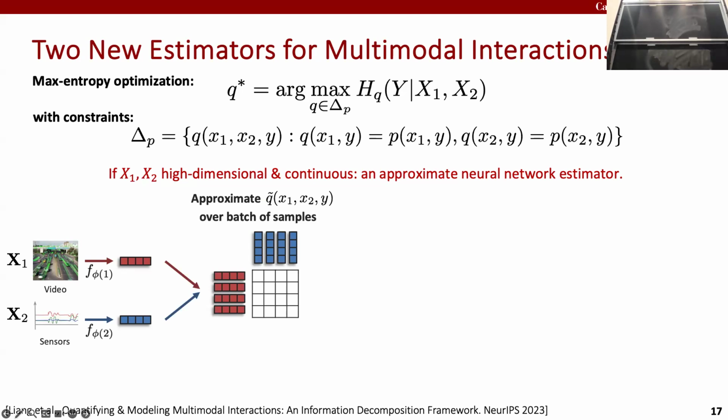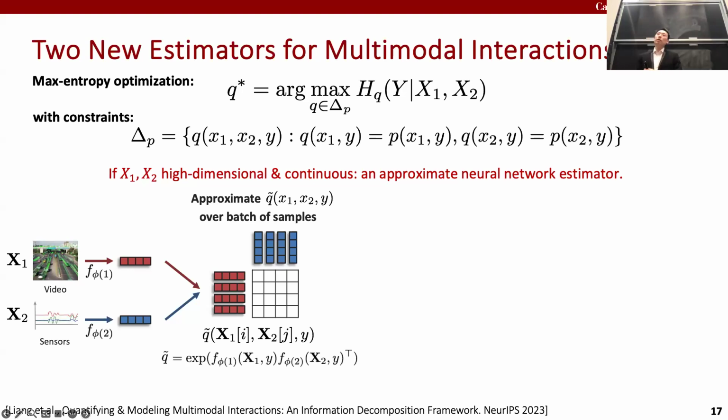So this Q tilde is only defined as a joint distribution over maybe 4 videos that you see and 4 sensors that you see. So this matrix will be 4 by 4. In fact, every ij entry in this Q tilde matrix essentially tells you the joint likelihood of the i-th video in your batch with the j-th sensor in your batch, and for a particular y. And again, assuming y is small and binary, for example.